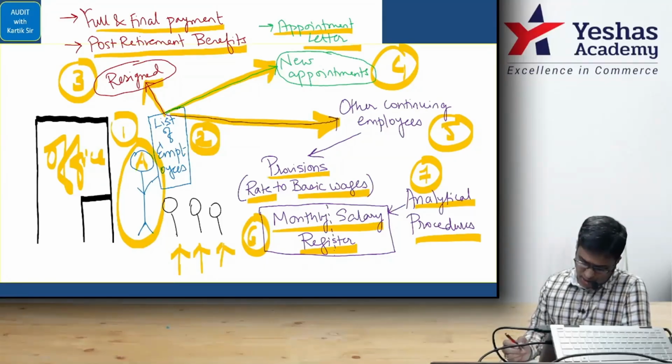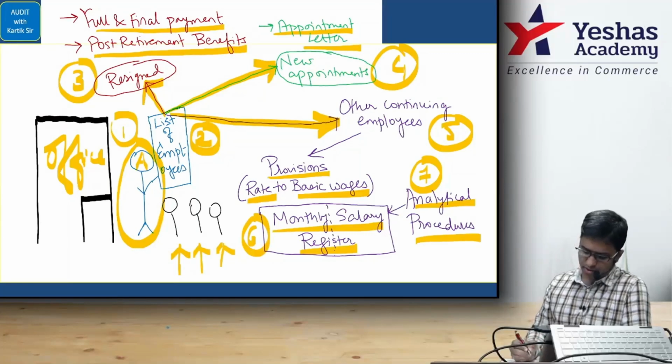Next, go to the next area. Read the second last and third last points, and mark them together as point number 5 for us. Read with me. Verify if accrual or provision has been made for all employee benefits and obligations like bonus, gratuity, leave encashment. Next, in case provident fund and employee state insurance are applicable to the entity, compute the reasonability by applying the rate to the basic wages and comparing to the amount recorded in the books, and analyze the reasons for variance, if any difference is there.